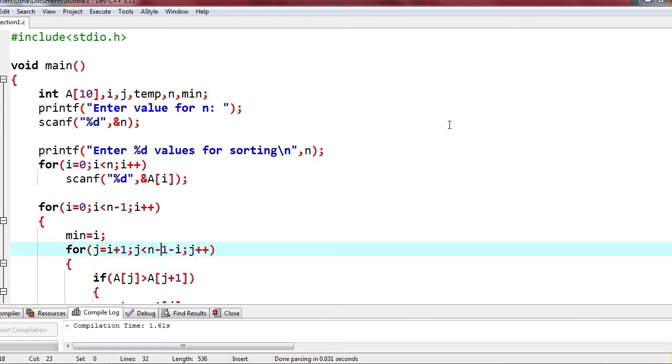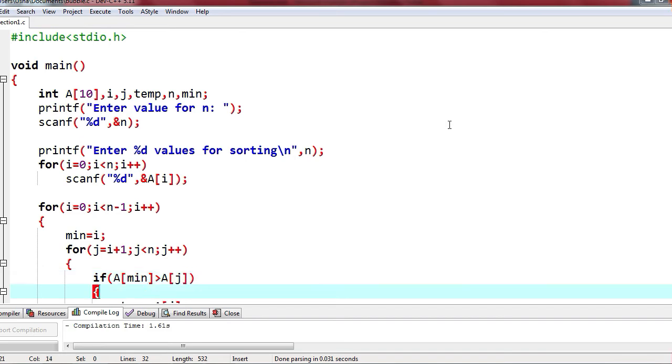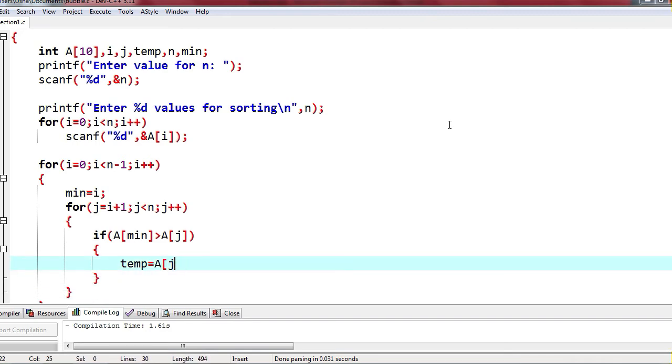j should be less than n, j++. If a[min] is greater than a[j], then we are copying only position, so I don't need these instructions. min = j, that's it.